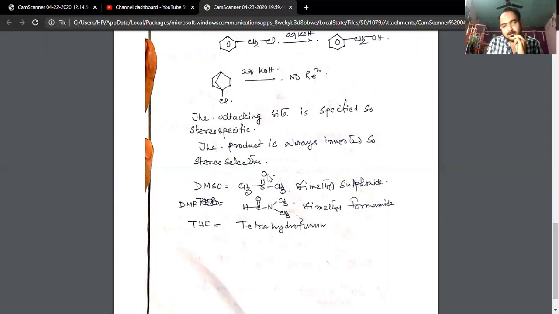What happens? The hydrogen atoms which are attached with fluorine, oxygen, chlorine, and nitrogen are acidic. So you see here hydrogens are present, but these are not attached to oxygen or nitrogen. You can see here there is no hydrogen present with the nitrogen. That's why no acidic hydrogens are present. So these kinds of solvents favor the SN2.